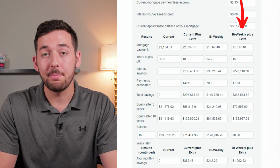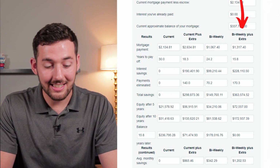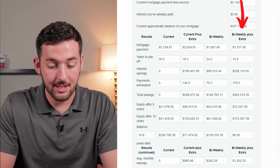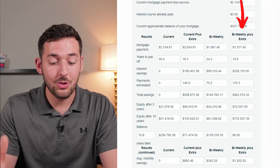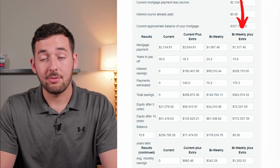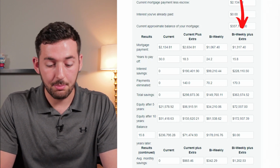15.8 years until you pay off that mortgage. That's literally cutting your mortgage in half. That's insane. The interest you would have saved is roughly $230,000. And the total savings over the whole course of the loan is $363,000. Equity after 5 years would be $72,000, and the equity after 10 years would be about